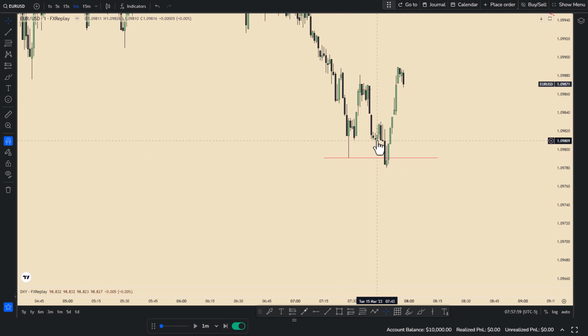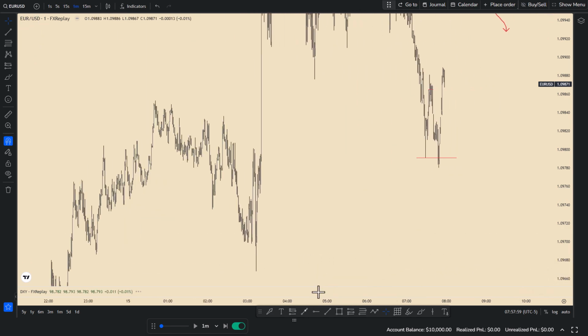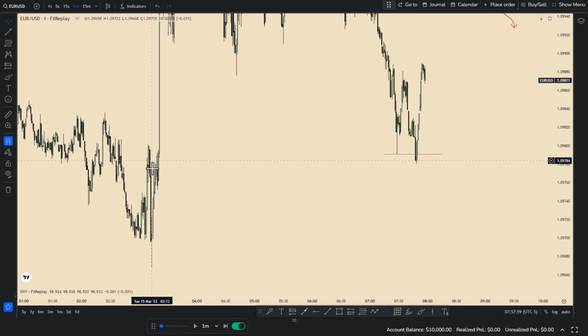Because your whole analysis was based on this target. So you don't do all this analysis based on this target, and then you're gonna do 3R or 4R and you go to the left and you try to convince yourself that the price might come back to this imbalance, to take this low, to take the previous day low. I don't care. You did your analysis based on that. This is where you take your TP. This is where you put break even. This is where you take something out of the table. All right.